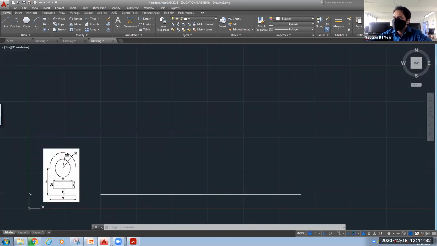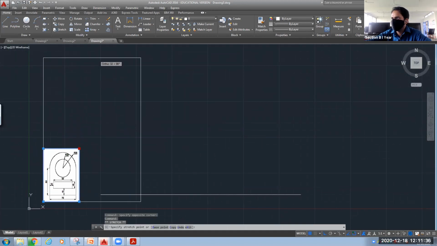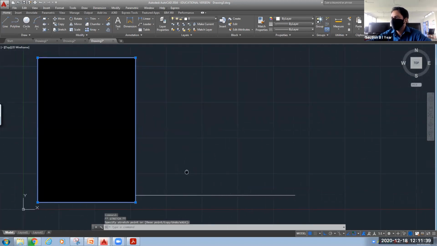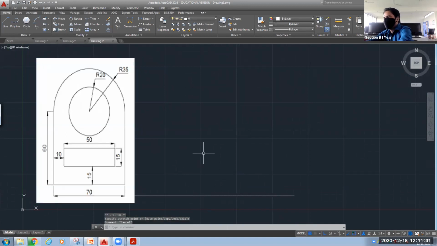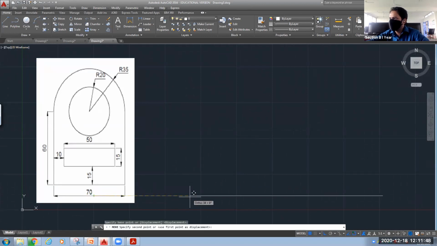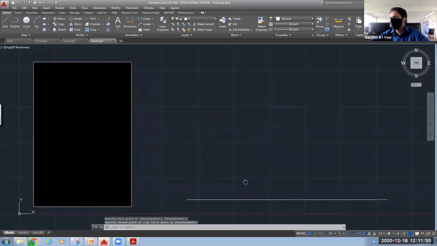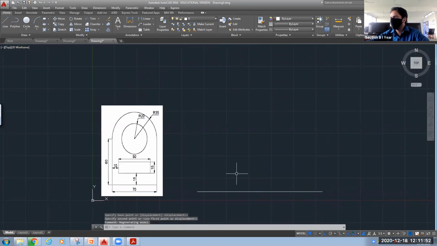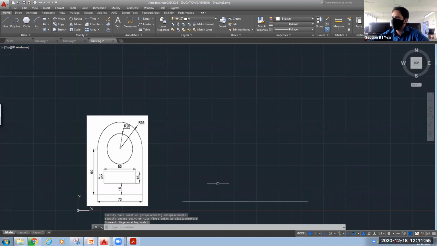Now this figure is very small in front of this, so I will make it a little bit larger. Now it is visible, but our line is hiding. So for this, I will select the line, click on move, pick the insertion point, and place it here. Now the dimensions are clearly visible. In the vertical direction, we need to move 60. So I will make a rectangle of dimension 60 by 70.